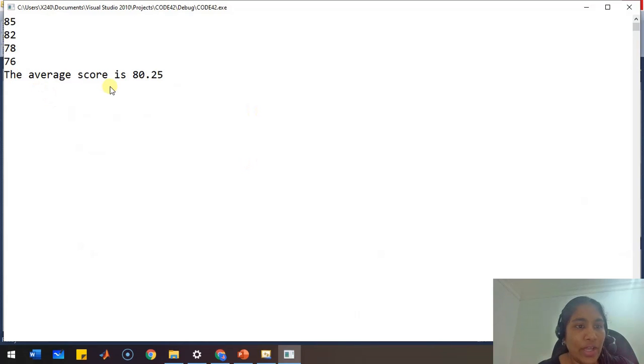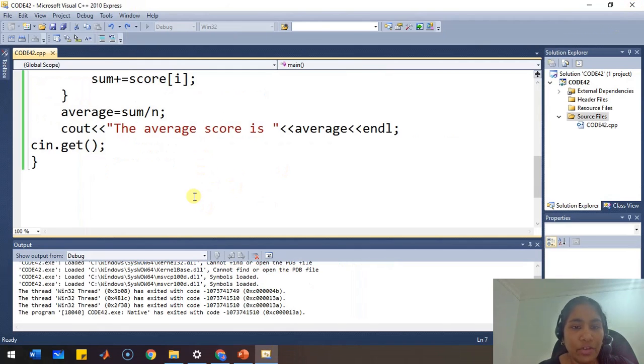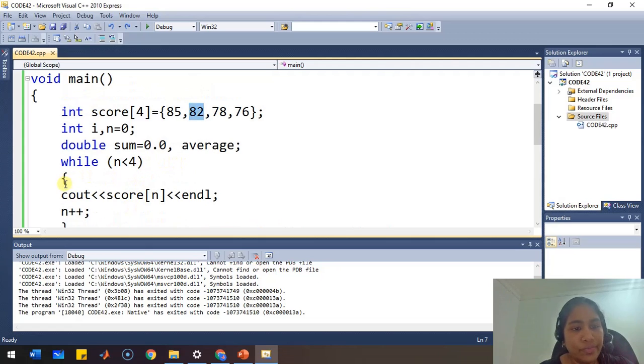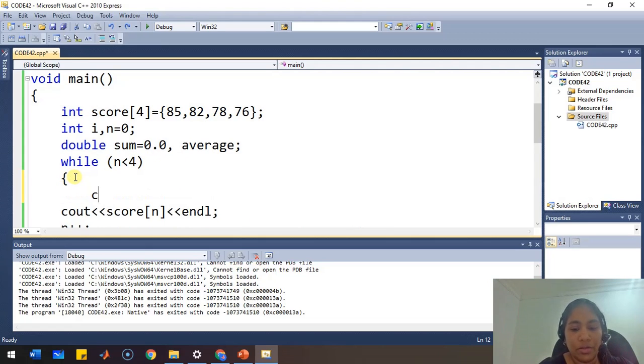There you go. So the average score is 80.25. Okay, it's very simple as that. So I can modify this code. Maybe I can put something here. Okay, before the while loop, or maybe here, cout